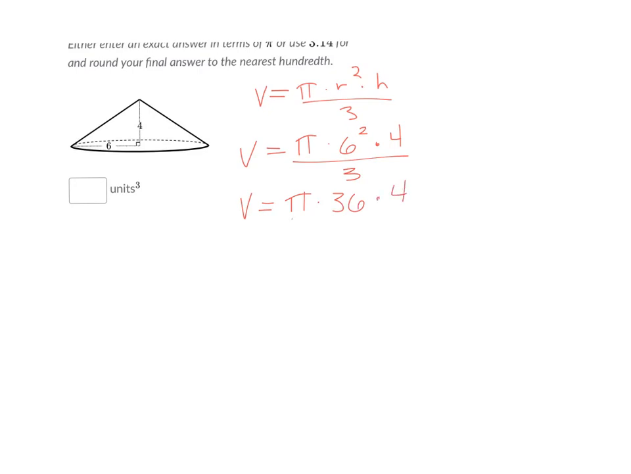Alright, the third one here, we've got volume is equal to pi times radius squared times the height, whole thing over 3, and we've got our radius of 6 and our height of 4. So we would have volume is equal to pi times 6 squared times 4, whole thing over 3. Volume is equal to pi times 36 times 4, whole thing over 3. So if I do 3.14 times 36 times 4 equals, divide that by 3, I get a volume that is equal to